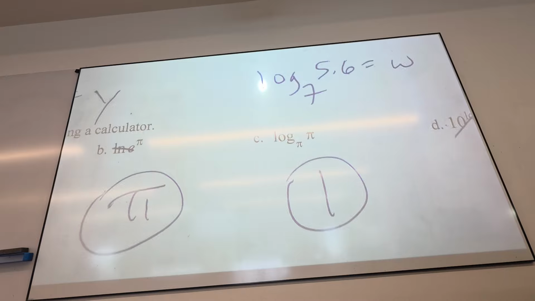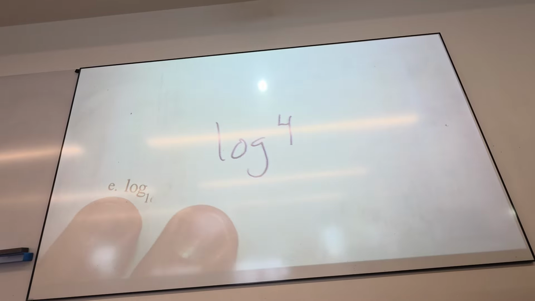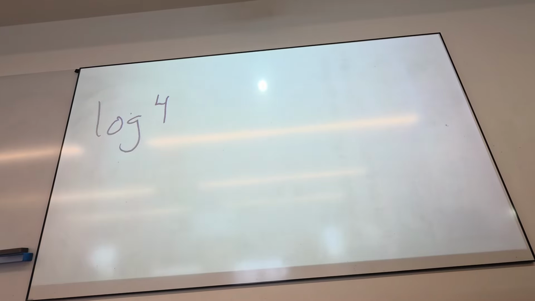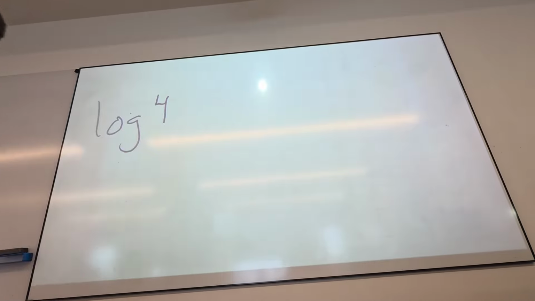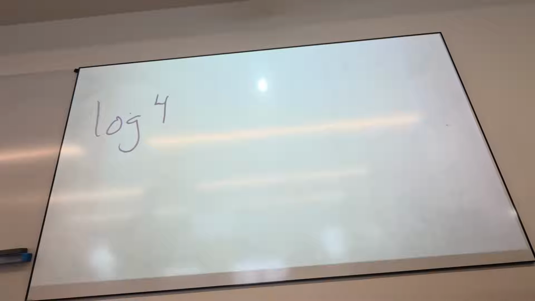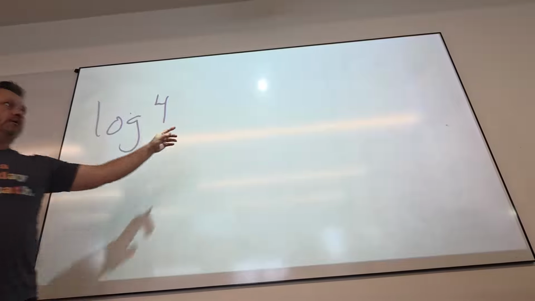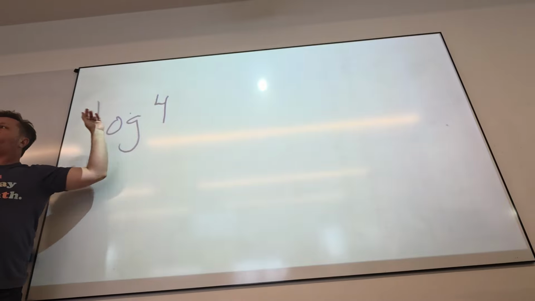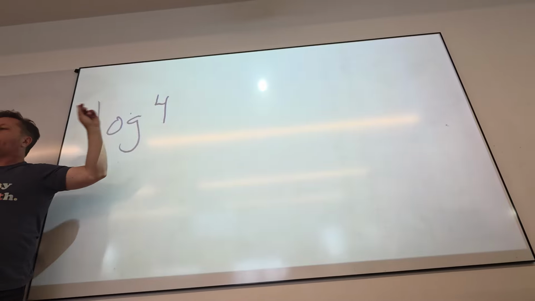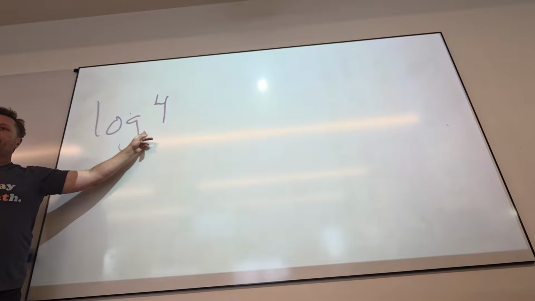If you understand this, do it this way. What does this mean? What does that represent? Log 10 to the 4. What does every log represent? An exponent. Every log represents a power. Specifically the power that what needs to do what? What's the base? 10. So this right here represents the number that you need to put as a power on 10 to make